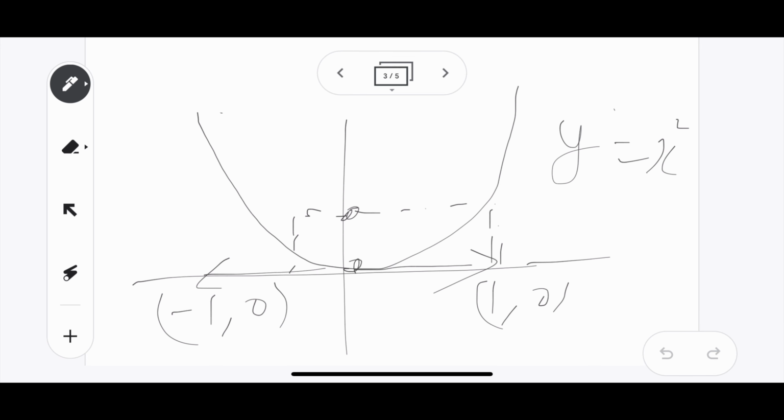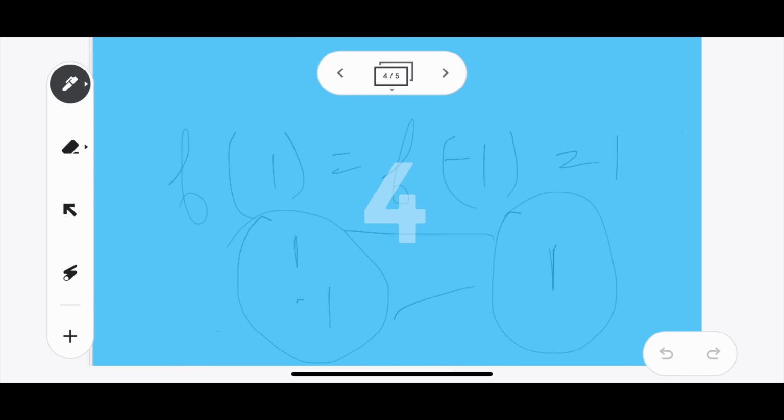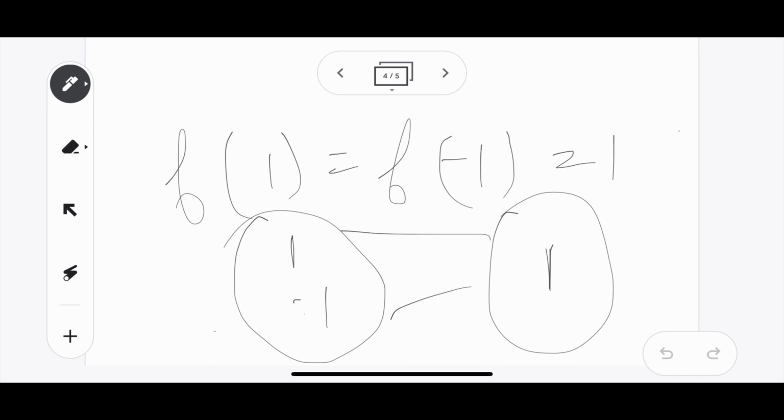This parabola satisfies the legal definition of a function that for multiple values in the domain set, I can only have a single y. So for values -1 and 1, which are both on either side of the number line on the x-axis, I have a single value 1. So f of 1 is equal to f of -1 equal to 1, and this parabola is an even function. So this is a positive function, and it cannot take any negative values. So you must be remembering what an even function is. So f of x is equal to f of minus x remains the same for an even function, and so it is the case here.